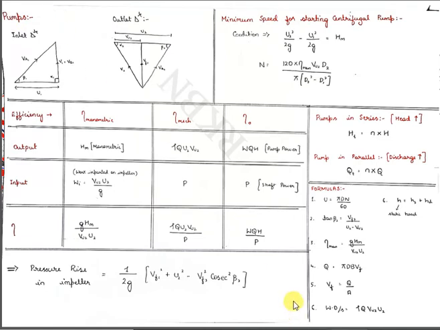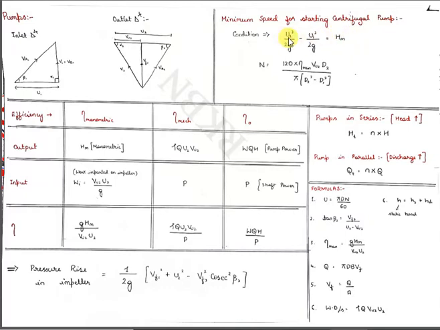Now, in this pump module, we have two important derivations that should be noted down. First, the minimum speed for starting a centrifugal pump. Here the condition is that the blade velocity head should be greater than or equal to the manometric head. Since the condition is minimum, I will equate it with an equal sign. Therefore, U2 square by 2g minus U1 square by 2g is equal to the manometric head. This manometric head can be taken from the manometric efficiency formula. By using that, find out Hm and substitute here.